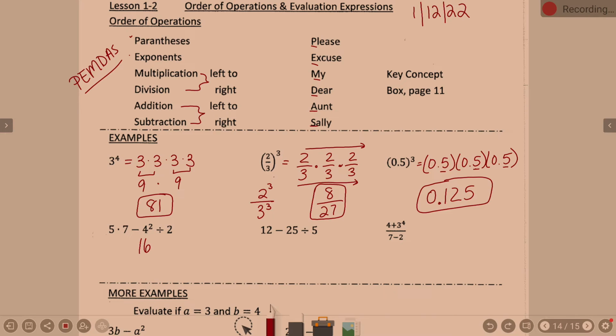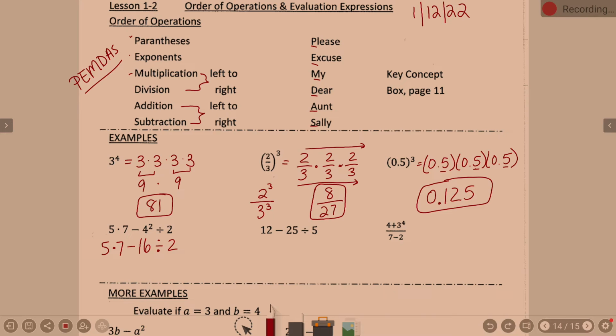And my suggestion is that you now rewrite what is my new problem. So it would be 5 times 7 minus 16 divided by 2. And I encourage you to do that so that we know what order everything's written in. So I just took 4 to the second and replaced it with 16. So now we did exponents,